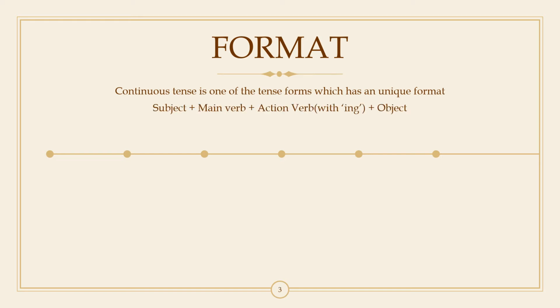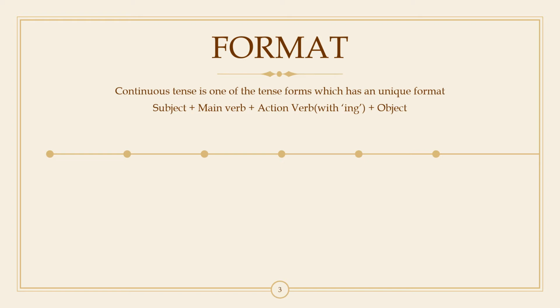Before we start, you should know that a continuous tense is one of the tense forms which has a unique format. Now, in a normal case, let's say that you are learning about the present tense form, the simple present tense form. You do know that a tense form which has been ascribed to a verb in the simple tense form, it is easier for any student to make a sentence within less than 3 words, right? Sometimes you could even use 2 words, right? In 2 words, you could make up a sentence.